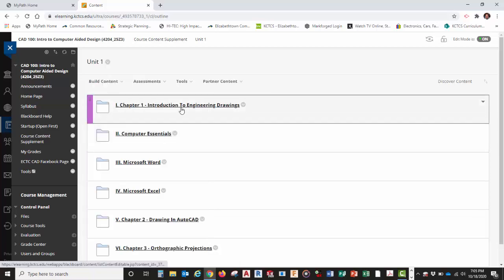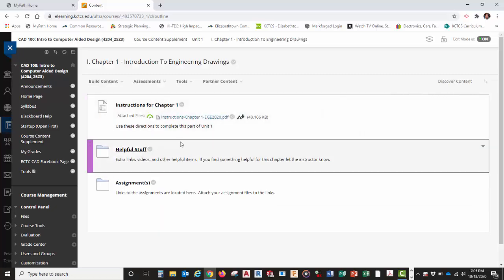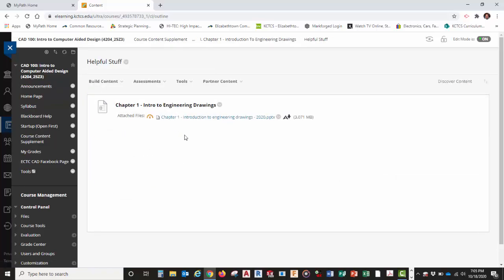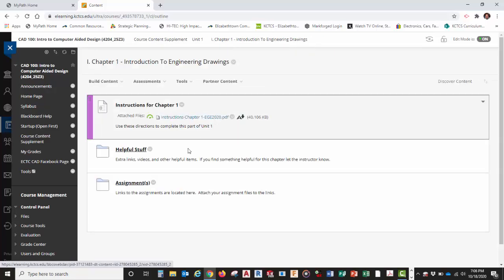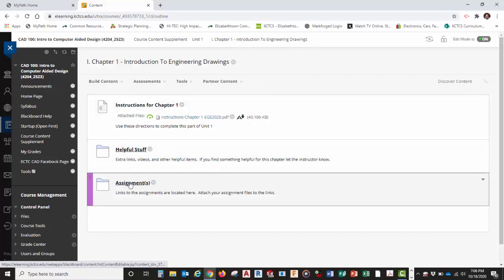Anyway, the first thing you need to do is to complete Chapter 1. And to complete Chapter 1, I've given you access to, under here, I've actually given you the first chapter out of the book. It might be the 2020 book, but hey, it'll work. And you can look through that information if you didn't already have your book,